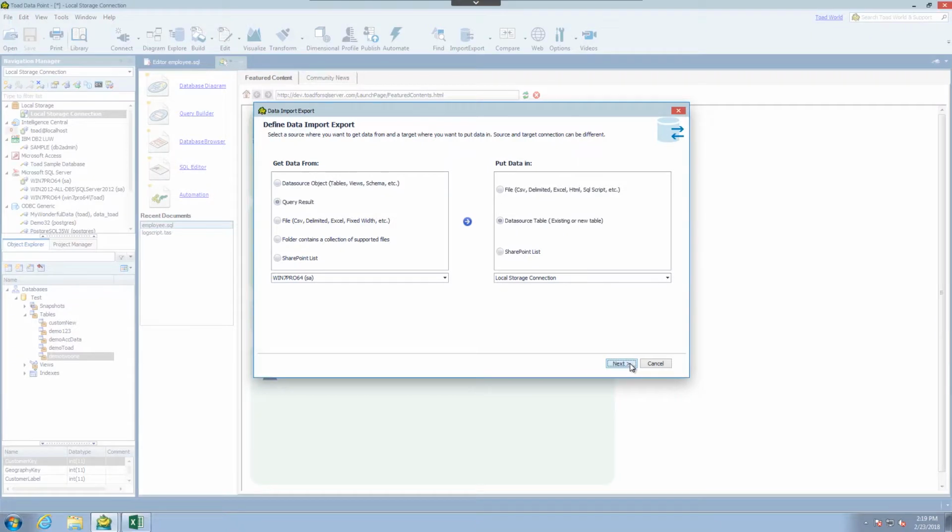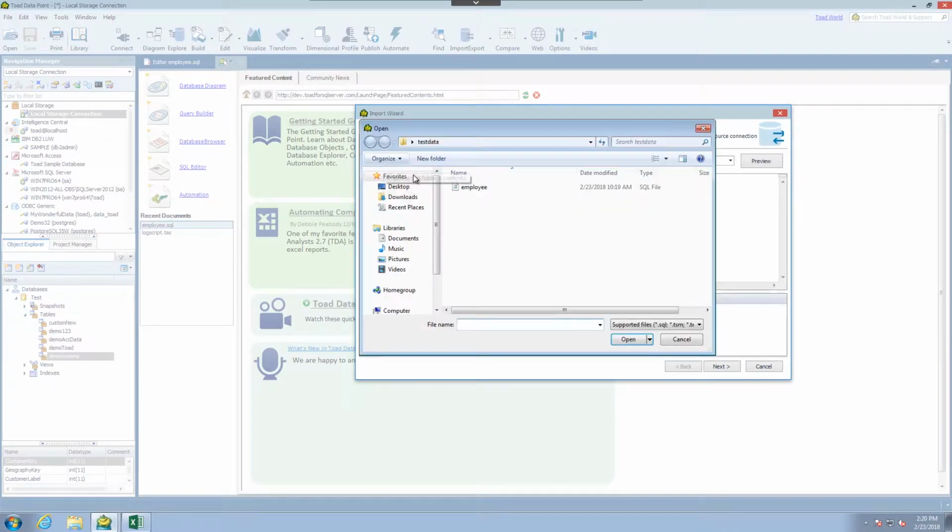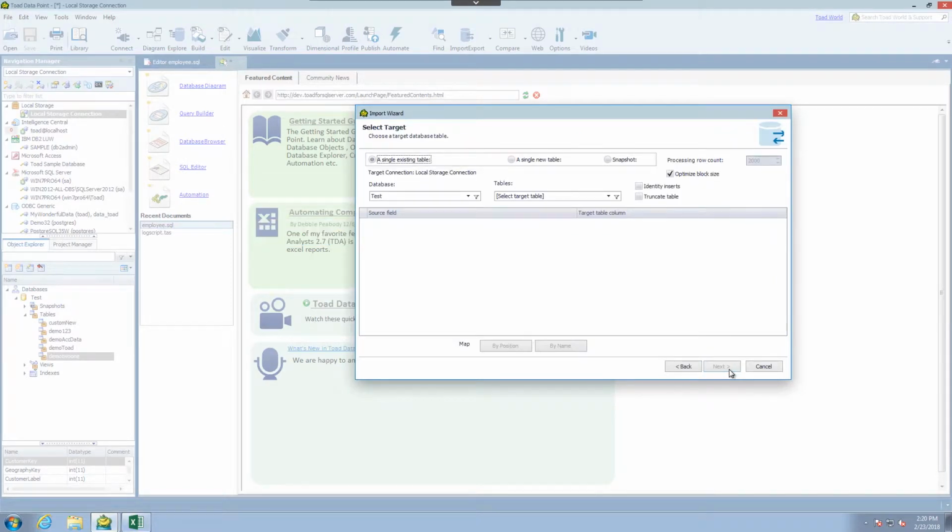And if I click Next, we are presented with an import wizard, which allows me to input a SQL statement if I would like. I can also choose to select a file. In this case, I already have it set up. So this query, as the name implies, pulls employee information. And once we have the desired data, we can choose to push this into the local storage into an existing table